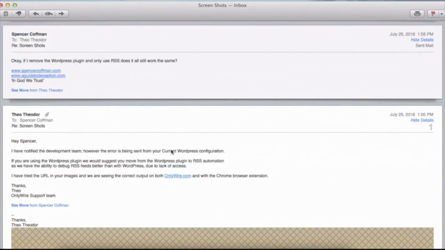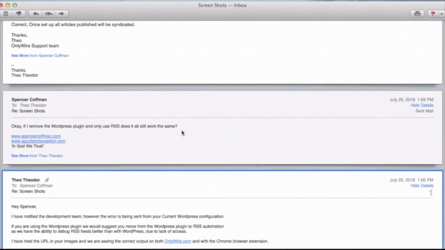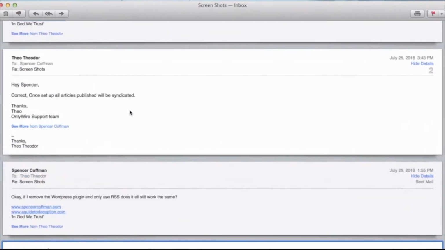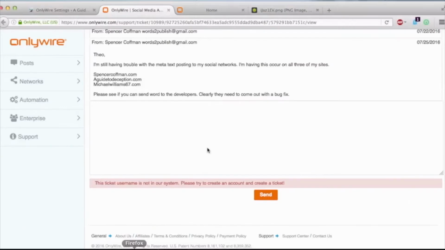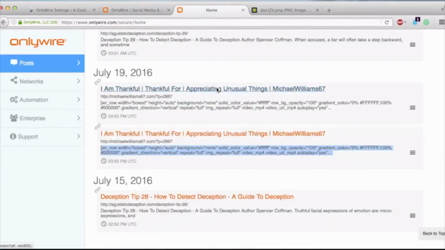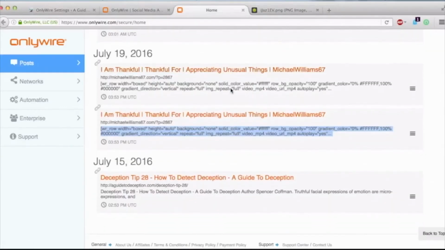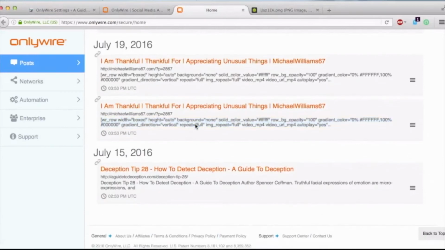Apparently they notified the development team. However, they continue to tell me that the error is from my own configuration. Said the RSS works better, but it doesn't. We've tried that multiple times. And he says, once it's set up on RSS, all the published articles will be syndicated, which means all the published articles, which are all of them that have already been done. Okay? However, we can see this isn't the case because I syndicated the RSS, and